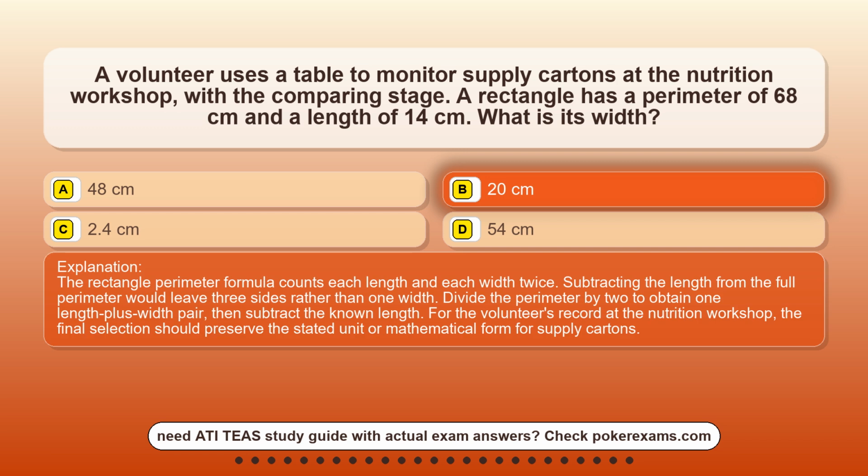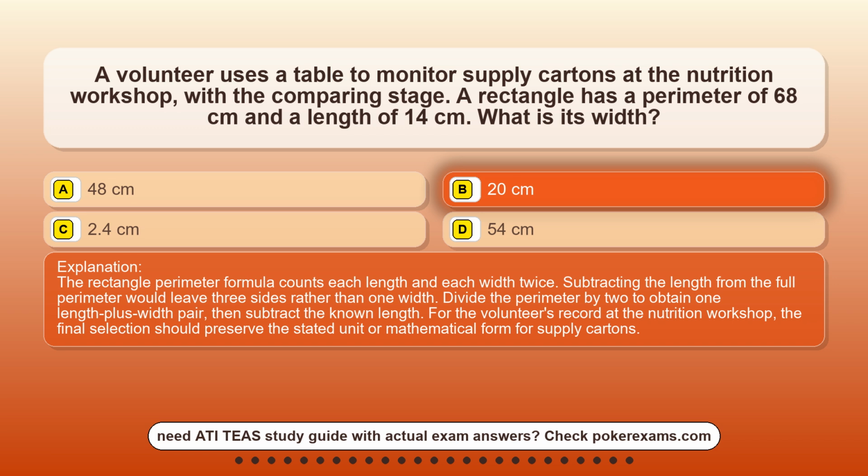The rectangle perimeter formula counts each length and each width twice. Subtracting the length from the full perimeter would leave 3 sides rather than 1 width. Divide the perimeter by 2 to obtain 1 length plus width pair, then subtract the known length. For the volunteer's record at the nutrition workshop, the final selection should preserve the stated unit or mathematical form for